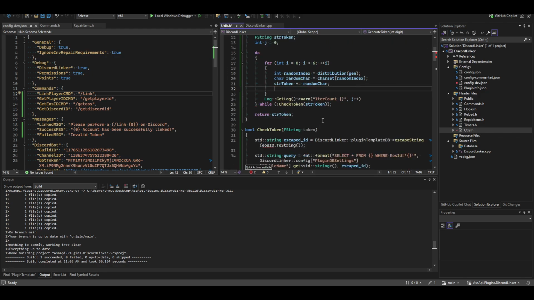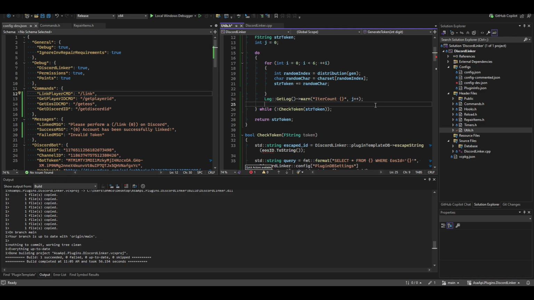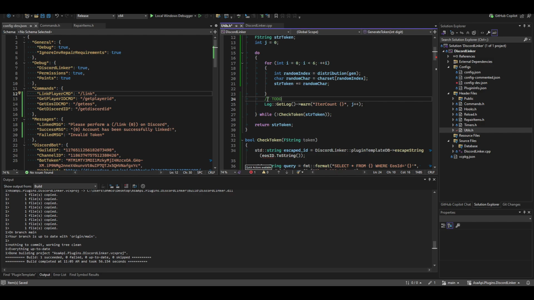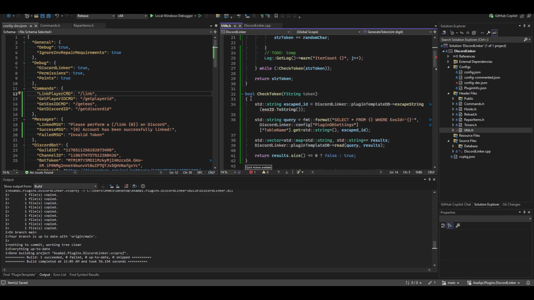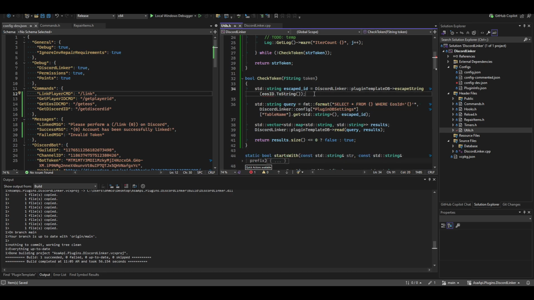Okay, great. And this is just for us, but we can remove that due to them. Okay, so we might forget that. Okay, so after doing our random token generator,